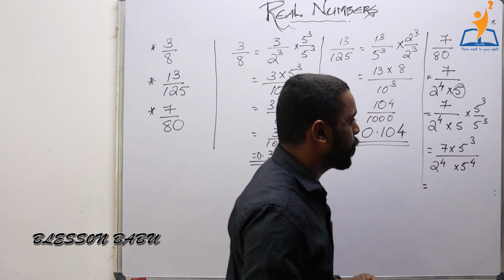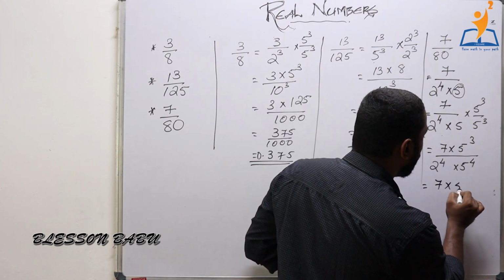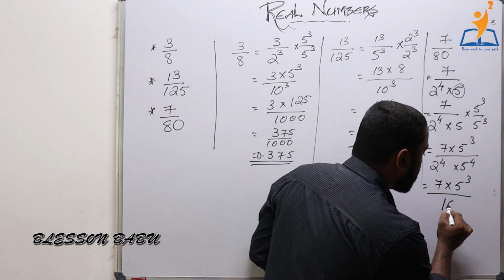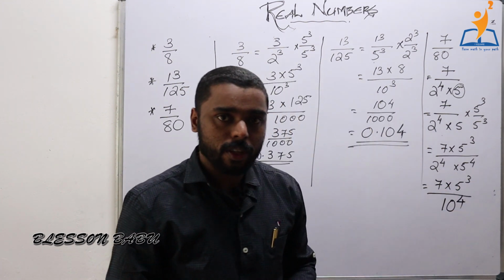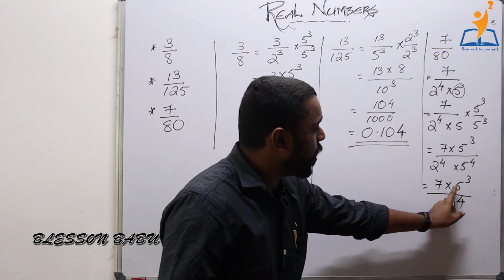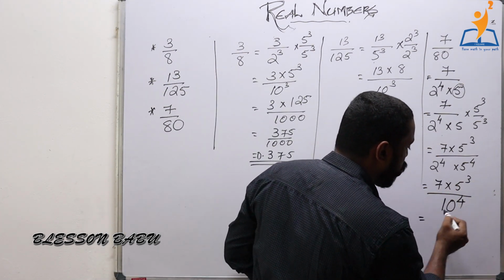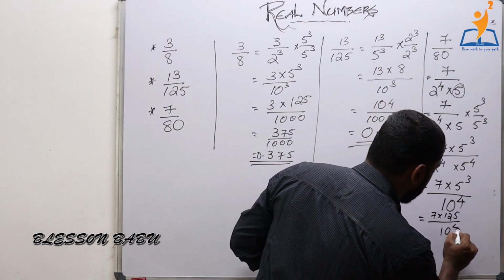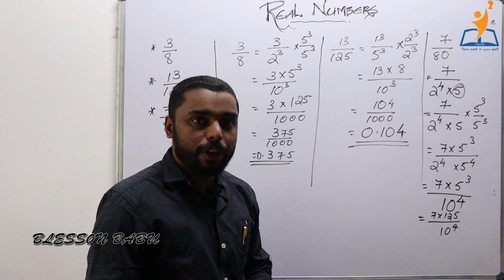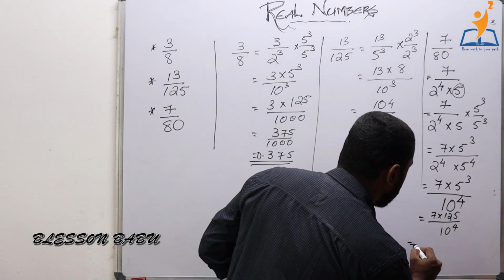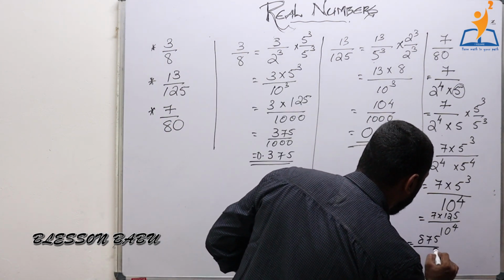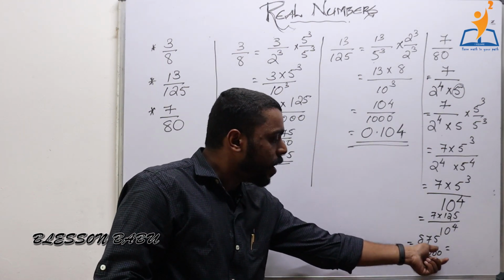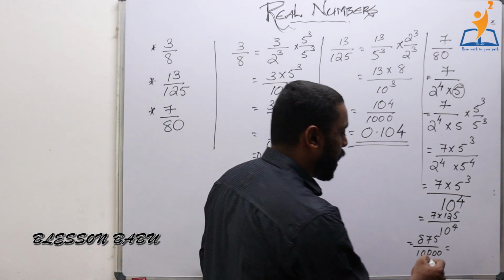It is equal to what? 7 into 5 cube divided by 10 raised to 4. Now 5 cube equals 125, so 7 into 125 divided by 10 raised to 4. Now 7 into 125 equals 875. It is equal to 875 divided by 10,000. So we can put 4 decimal places to the left to get the answer